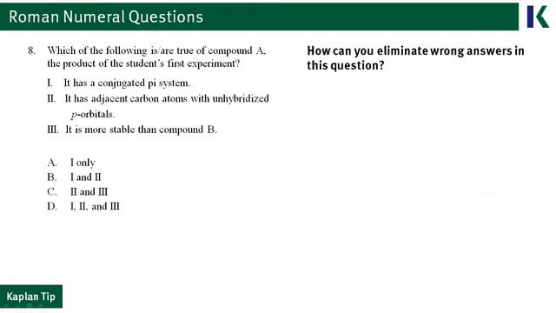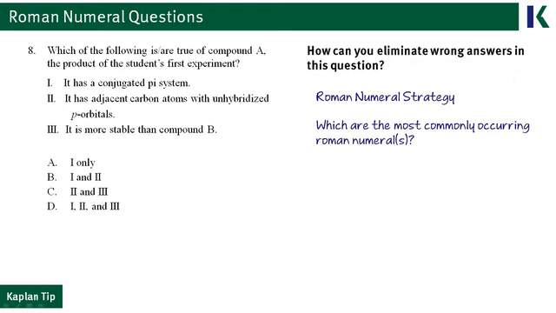Another type of question, which you can do a lot of strategic guessing on, is a Roman numeral question. There's a Kaplan Roman numeral strategy, and the strategy works by looking in the answer choices and seeing which are the most commonly occurring Roman numerals. In our case, if you check out the answer choices, Roman numeral 1 and Roman numeral 2 actually show up the most. Those are the Roman numerals, therefore, you want to evaluate first, because if one of them is wrong or they're both wrong, you won't even have to look at Roman numeral 3 and you'd be able to get to your answer. So you take a look at Roman numeral 1 first.